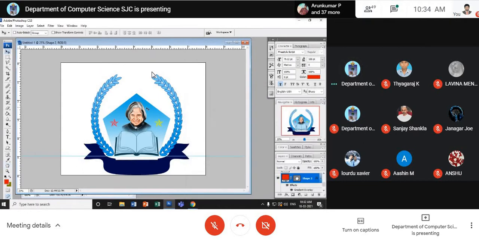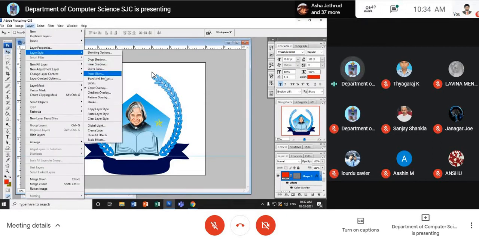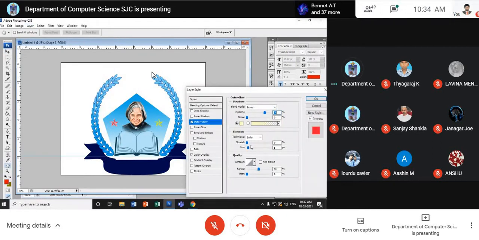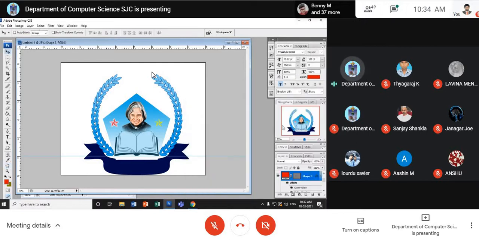I've taken the star, go to layer, outer glow. Now look at here. See, I've given outer glow. See, star. Outer glow for the star. I copy this, select this layer 2 and paste it.